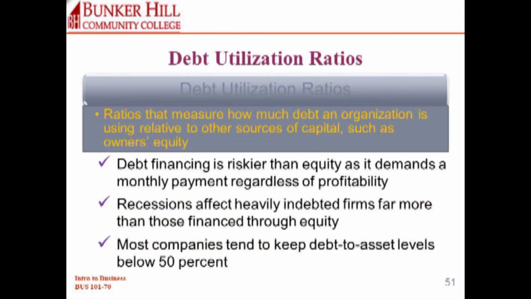Slide 51 talks about debt financing ratios. Some companies like to keep their debt to asset ratios below 50%. If it creeps up closer to 80 or 90%, that would be a problem. Interestingly enough, if you look at the national debt of the country, which is essentially a big company, we have